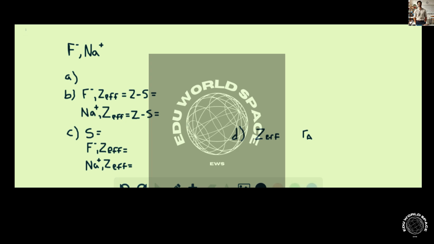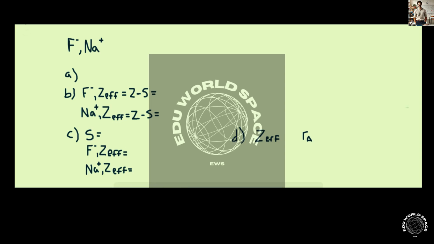This question asks us to consider the isoelectronic ions fluorine minus and sodium plus. First, it asks us which ion is smaller. Since they're isoelectronic, they have the same number of electrons, therefore the same screening constant. So the only thing that's going to change here is the nuclear charge, and that's determined by the number of